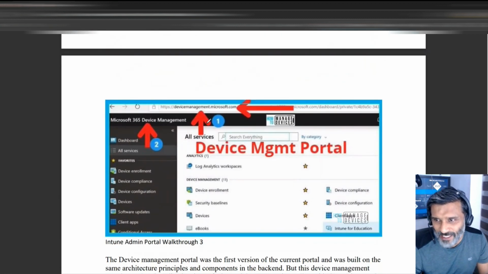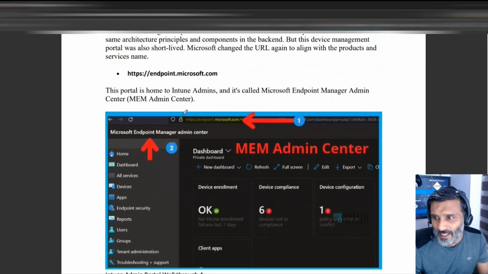Then the device management portal was there, but the look and feel was similar to MEM Admin Center. Then they changed the URL to endpoint.microsoft.com. That is the current portal for Intune. So we are going to go through this particular portal in this video,